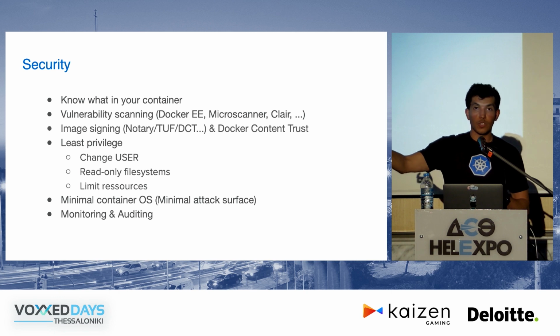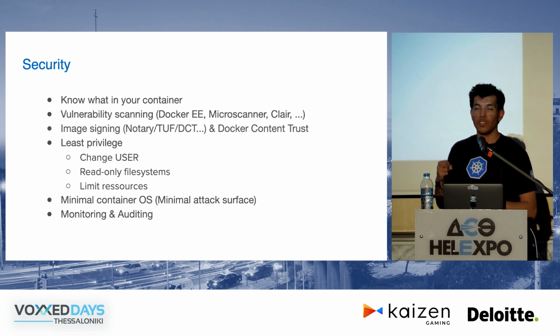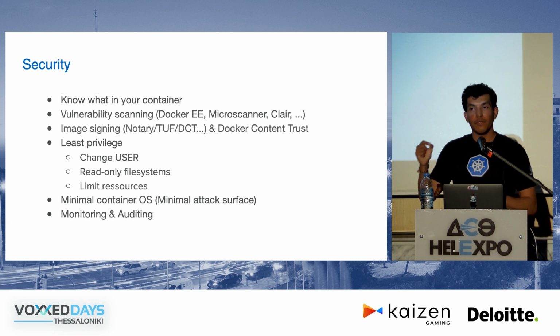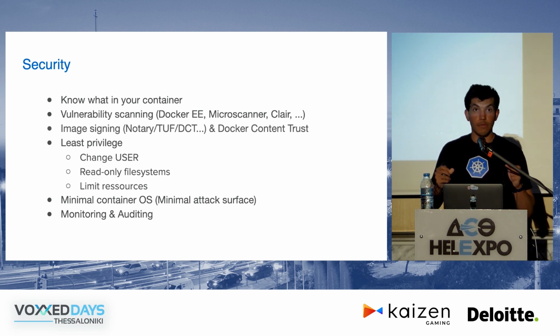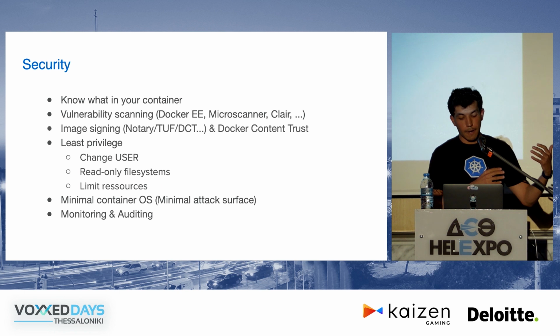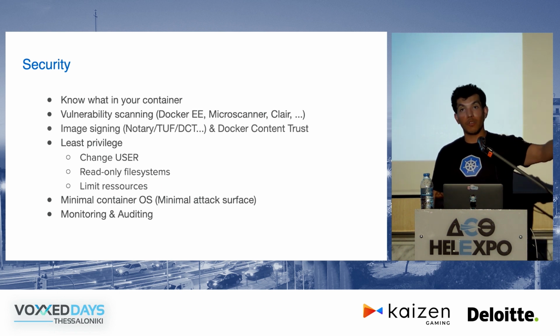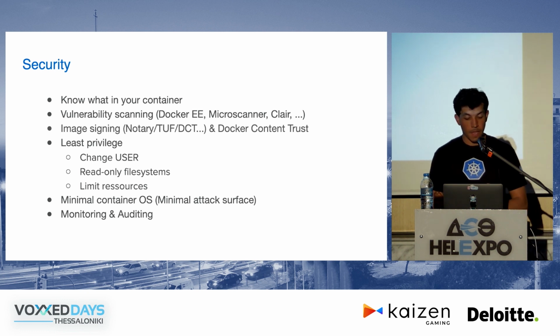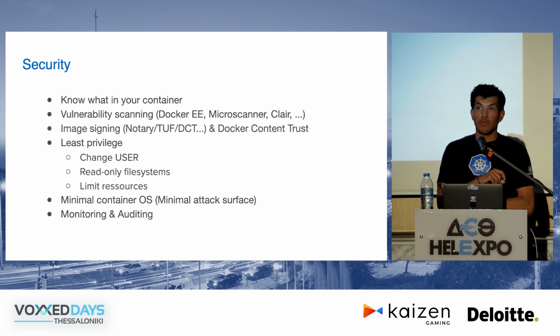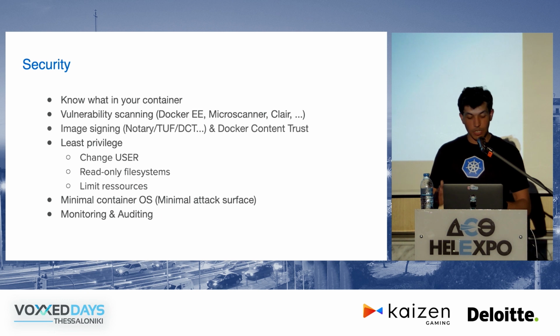So when another user wants to push or pull the image, the Docker engine will automatically verify the image using the publisher public key. That way, you are sure that Docker engine verifies the authenticity and the integrity of your Docker image, making sure that it's the same one that the publisher published and not one modified by a malicious user. Using things like the least privilege principle, and in the context of containers, that means making sure